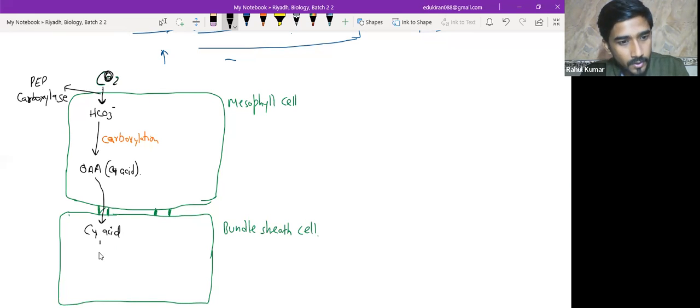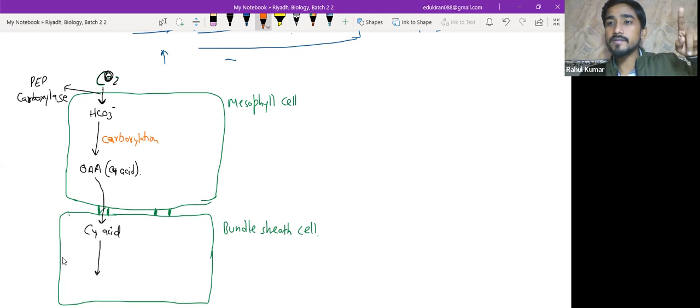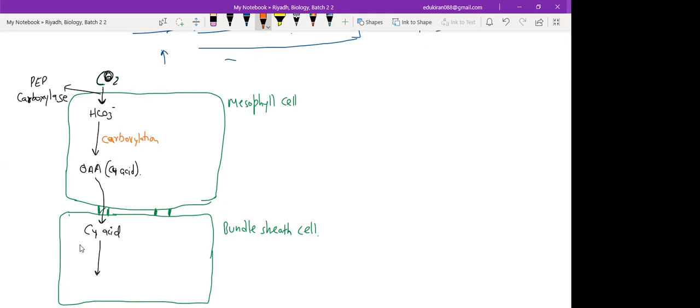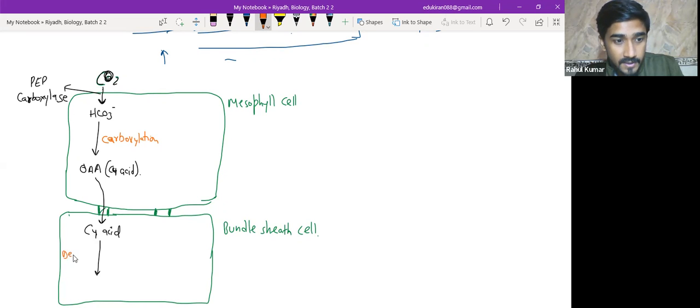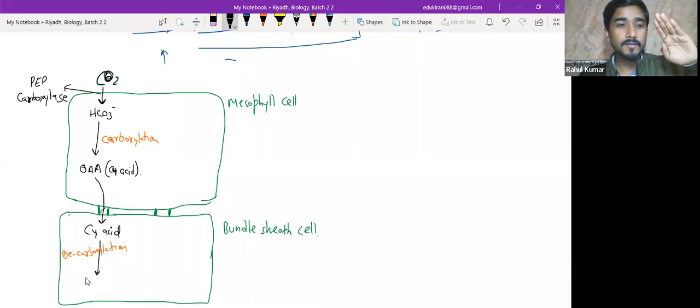But remember that all the acids inside the cell are in the form of their -ates. Now this has to undergo decarboxylation. That's different in the C4 system. There was no decarboxylation in the C3 system. Remember, there was carboxylation, reduction, and regeneration, right? Yes, sir. Here, this C4 acid undergoes decarboxylation. What we achieve by decarboxylating is this: we made a 4-carbon molecule, and now we will make it a